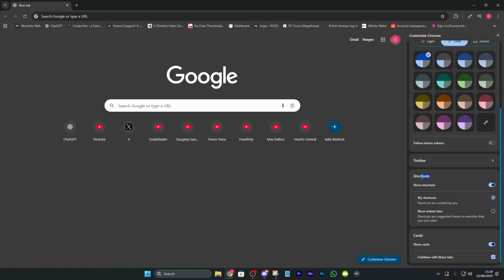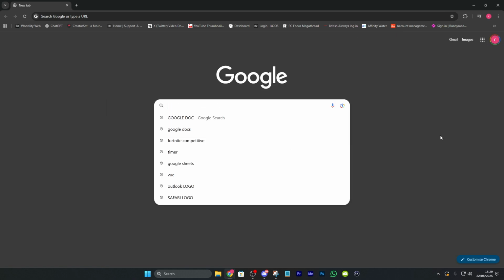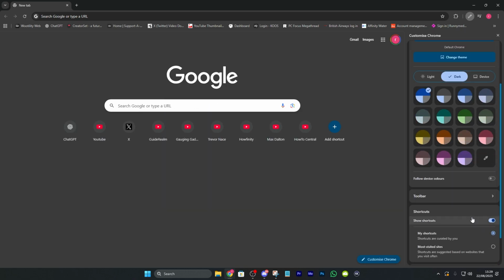And right here, there's a little shortcut subsection, and you just have to make sure that show shortcuts is enabled. And as you can see right now, you can't see any shortcuts or anything like that. So you just want to go back to customize Chrome, go down, press show shortcuts,